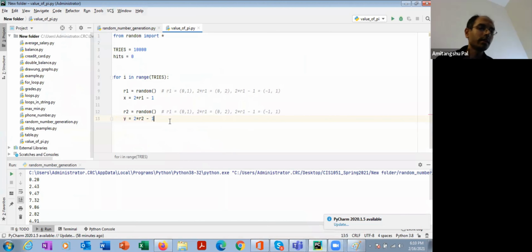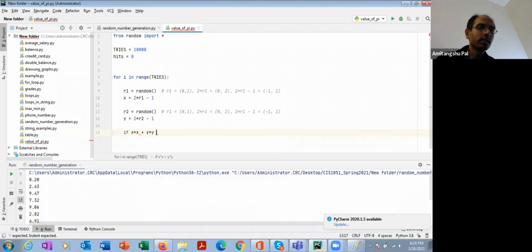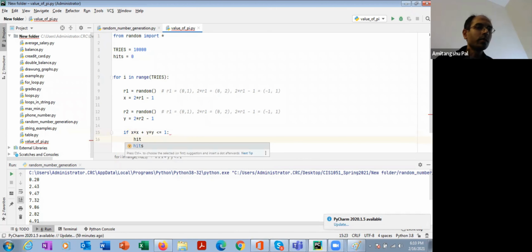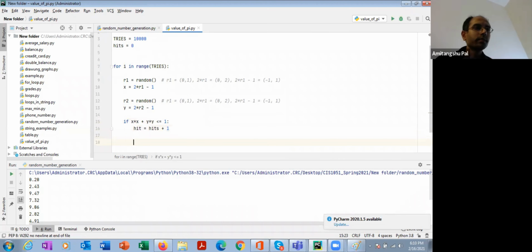So I can write: if x square plus y square is less than or equal to 1, that means the point is inside the circle, then hits equals hits plus 1. And that's it. The same experiment I am trying several times, and then I can calculate the probability.